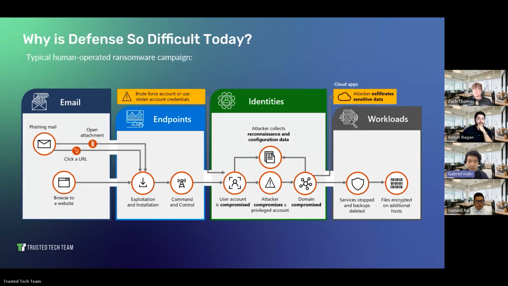Thank you, Anton. So when we kind of level set, right, we have AI in the mix. We have external bad actors looking to interact with your environment, right? We want to kind of understand where all of these pieces fit together, right? What we have on screen now is a very typical ransomware campaign that most organizations are experiencing hundreds of a day, right? You get phishing emails in, have people trying to compromise your identities, your endpoints, and inevitably your